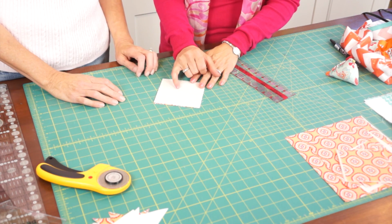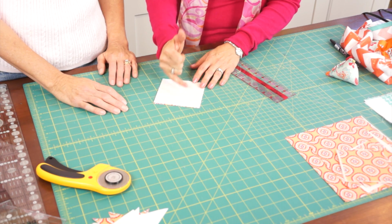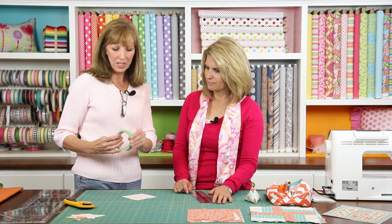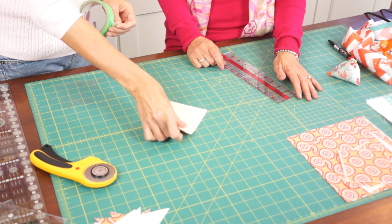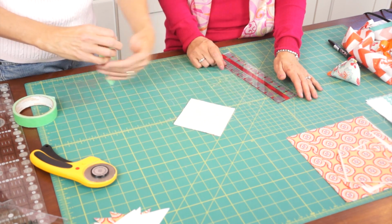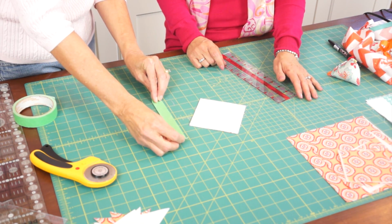So if you've got a foot that's 1/4 inch, you put that right there and stitch along. That's right. There is one other thing that we could do. Put a piece of tape at the 1/4 inch line, and maybe I'll demonstrate that with some painter's tape here. Pretend this is your standard stitching line. Here's where the needle is. And if we have a piece of tape on the sewing machine, this painter's tape works great because it's removable. So there's the center line of where the needle will go, and here's the 1/4 inch